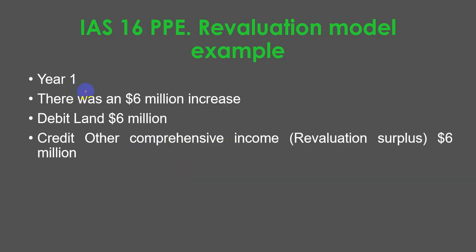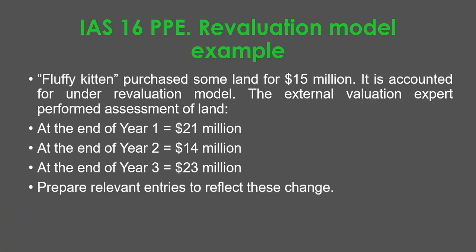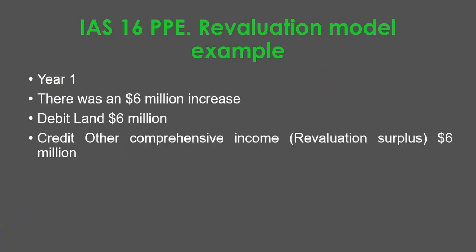So, year 1, as you can see, there is a 6 million increase from 15 million to 21 million. So this means that we need to debit our land by 6 million and credit other comprehensive income, revaluation surplus,